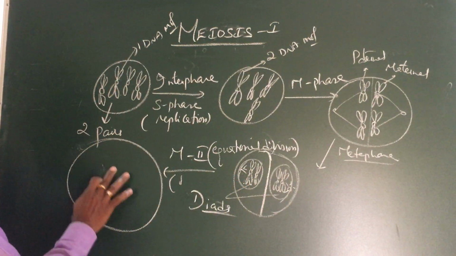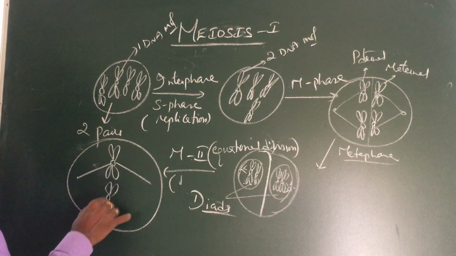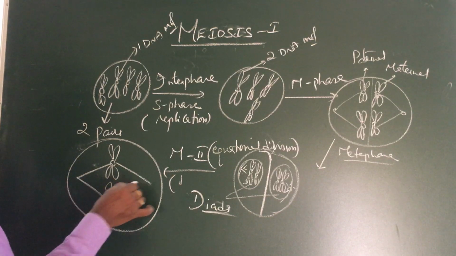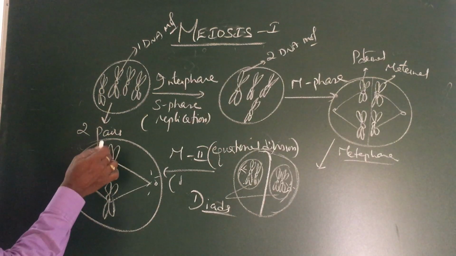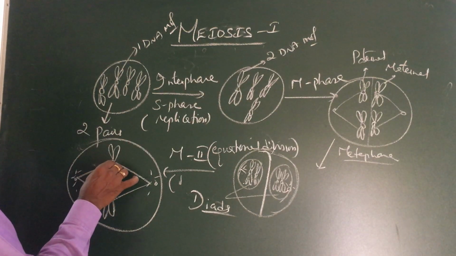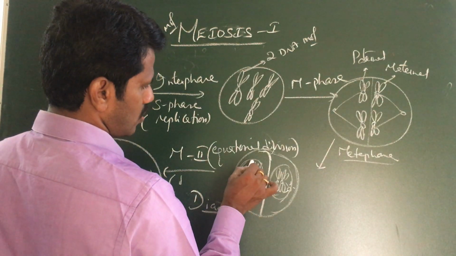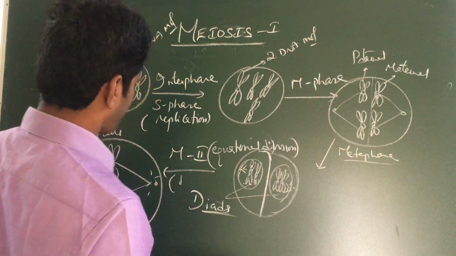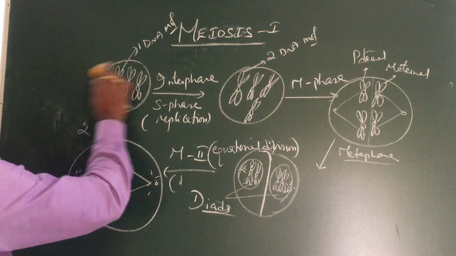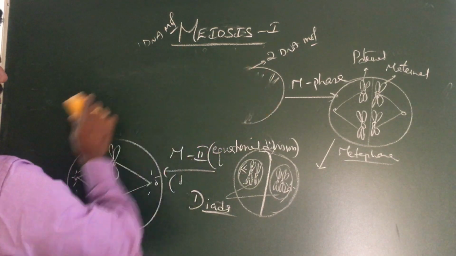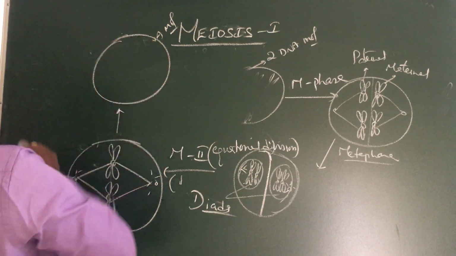Say, in one cell I am showing, again the spindle fibers are formed. When spindle fibers are formed, chromatids will separate with the kinetochore, just like in mitosis. Already you have 2 DNA molecules in one chromosome. Now when it separates, then what happens? Each one, they